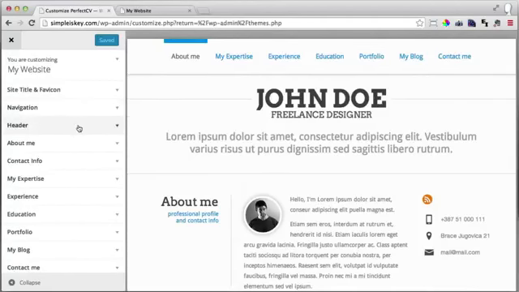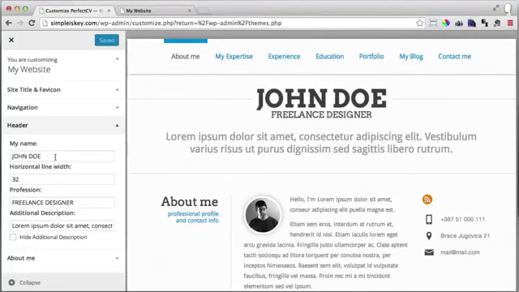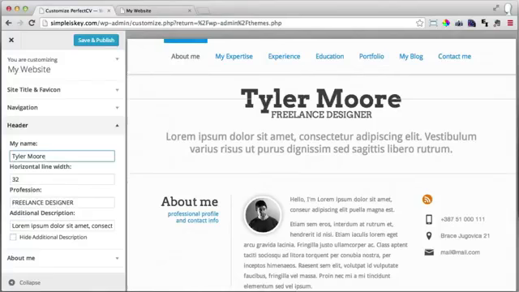So what we can do is we can, under header, just click on the arrow that points down, and we can type in our name. So I'm going to type in Tyler Moore because that's my name. And I'm going to type in web design under profession, website